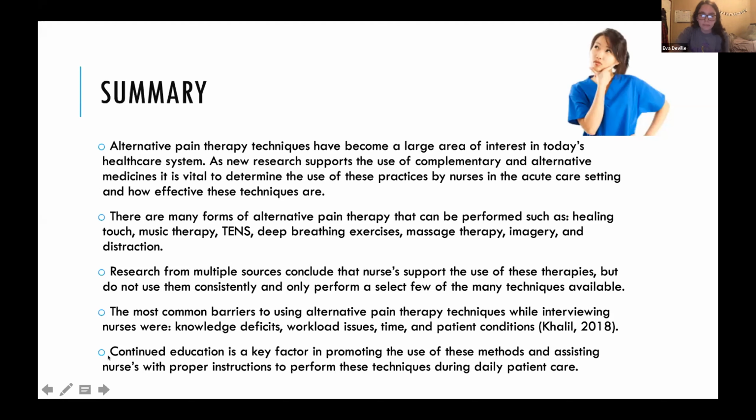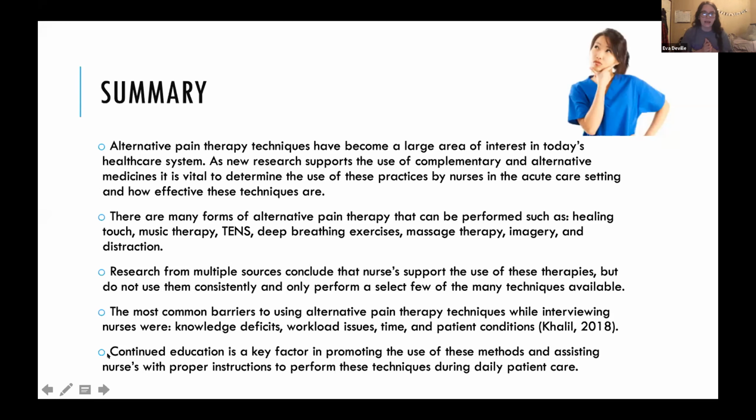The most common barriers to using alternative pain therapy techniques when nurses were interviewed were knowledge deficits, workload issues, time, and patient conditions. We all know how hectic it can be on the floor as a nurse when you're caring for multiple patients at a time,